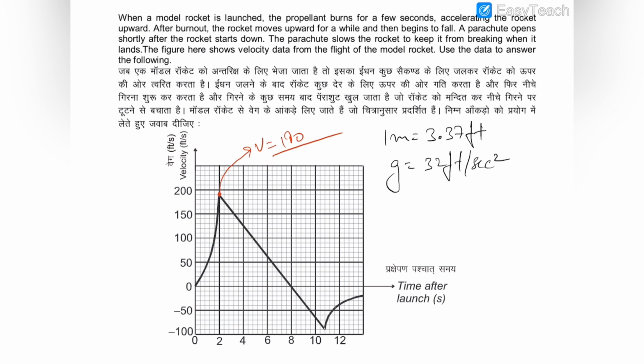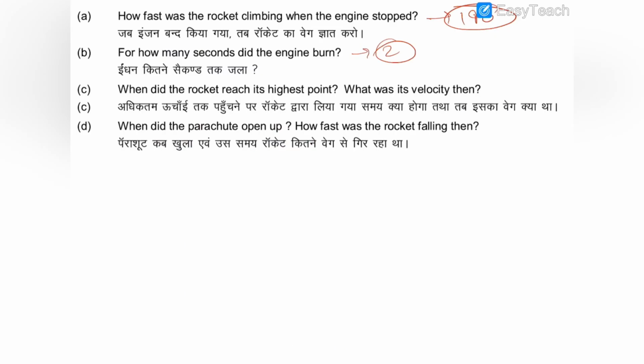No, sorry. This is 8 seconds. This is not the x-axis. I mistakenly considered it the x-axis. The x-axis is this one. So at 8 seconds, the rocket reached the maximum height, and at that instant the velocity v